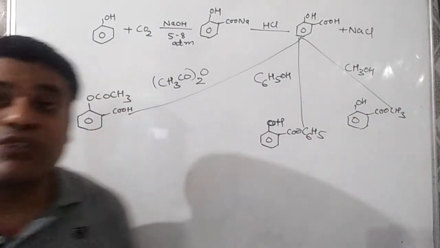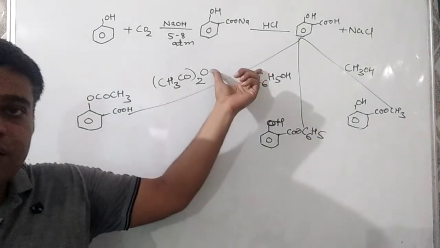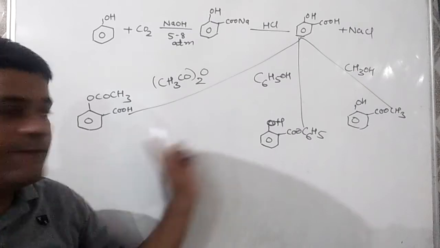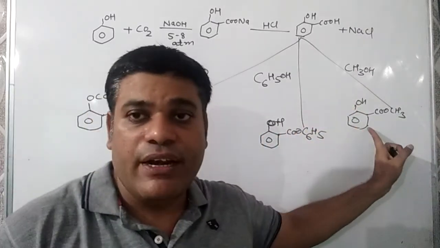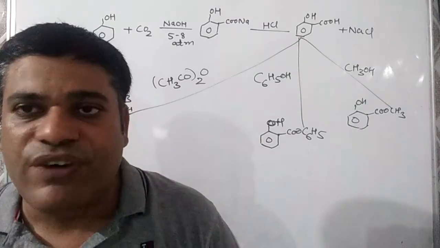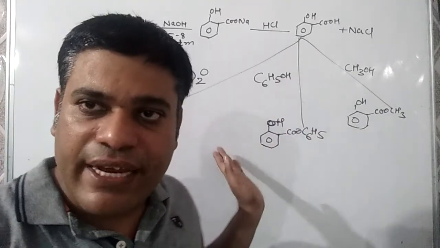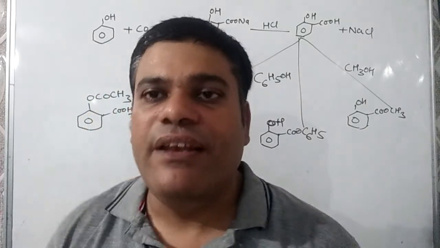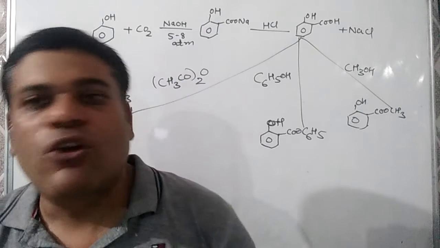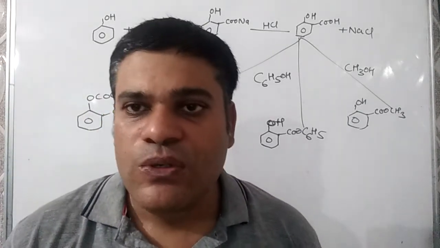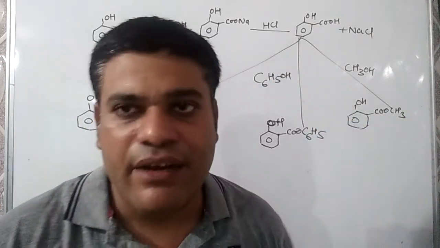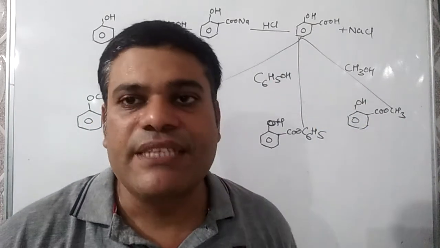Phenol can be changed into 3 medicines by this method. First, we have to prepare salicylic acid and then we can convert it into aspirin or Salol or oil of wintergreen. If we want to prepare aspirin from phenol, then we have to first prepare salicylic acid and then do esterification with acetic anhydride. If we want to prepare Salol from phenol, then we have to do esterification with phenol. And if we want to prepare oil of wintergreen, then we have to do esterification with methyl alcohol.